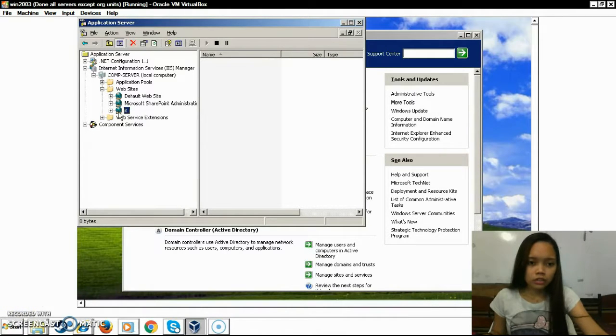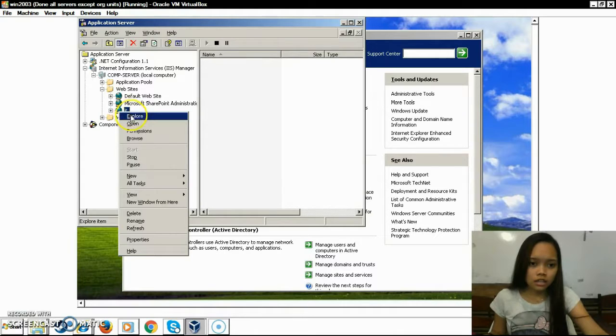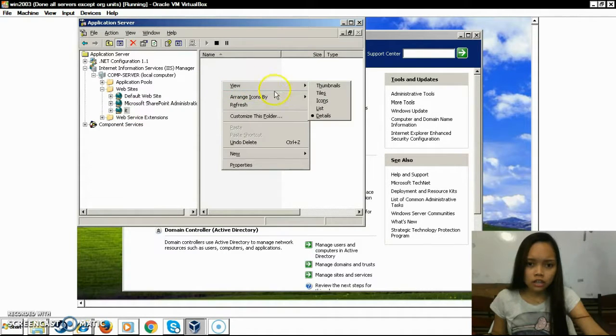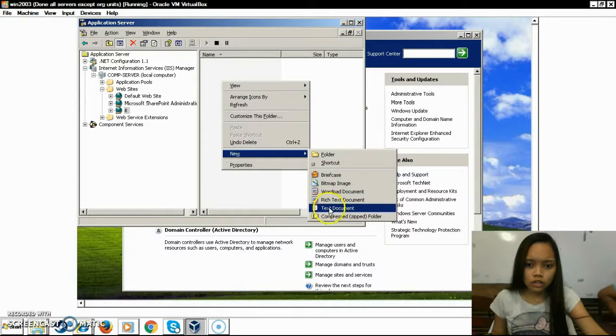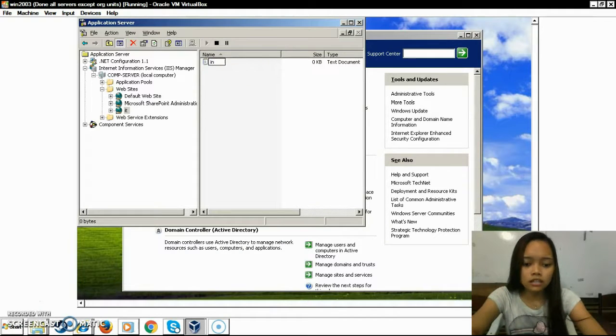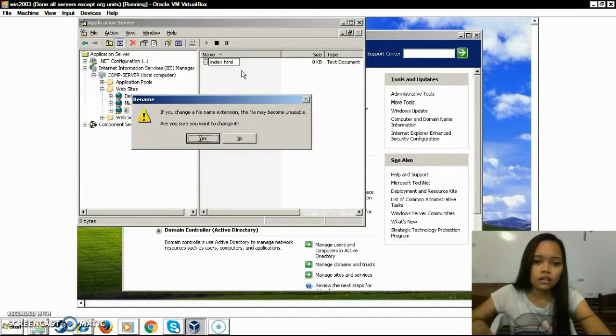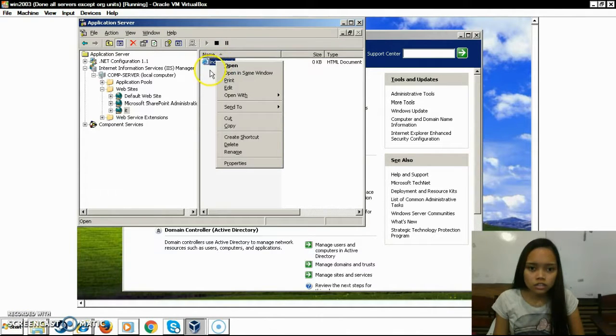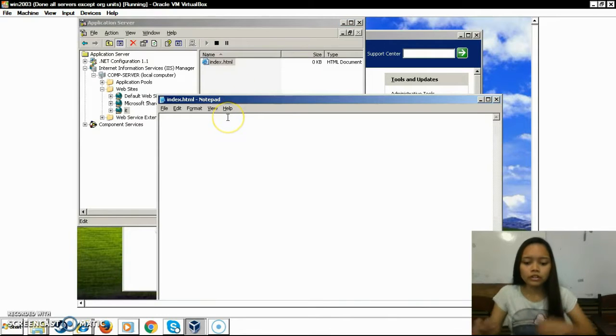So we will right click the IP, then explore, then click here, right click, then new, create new text document, and we will name it index.html. We will right click this index.html, then edit. We will create an HTML,